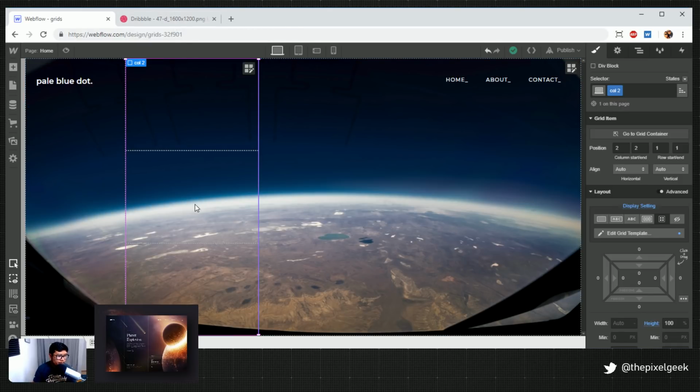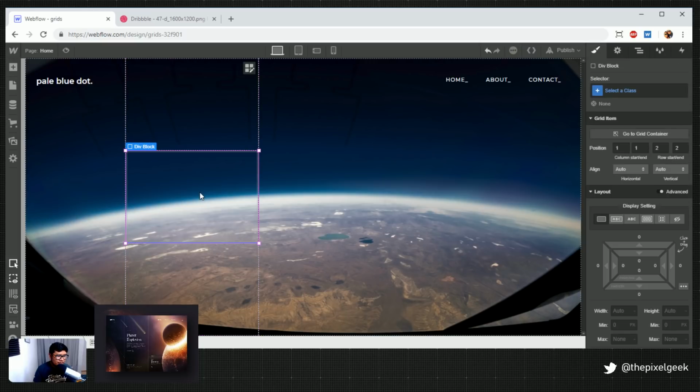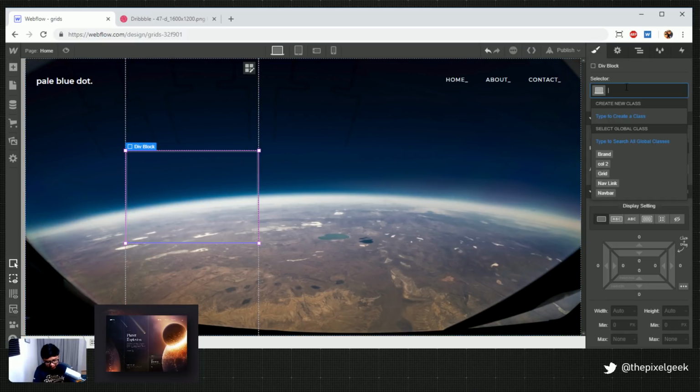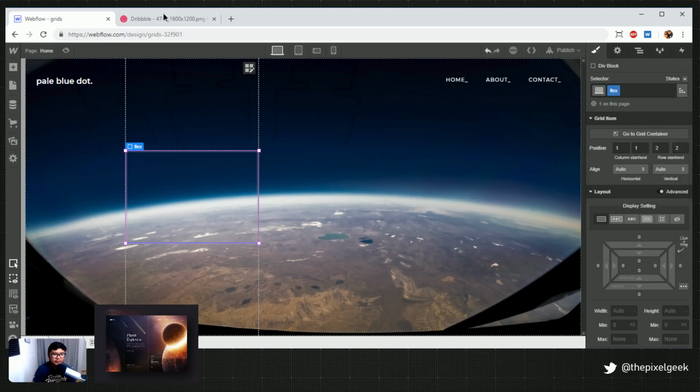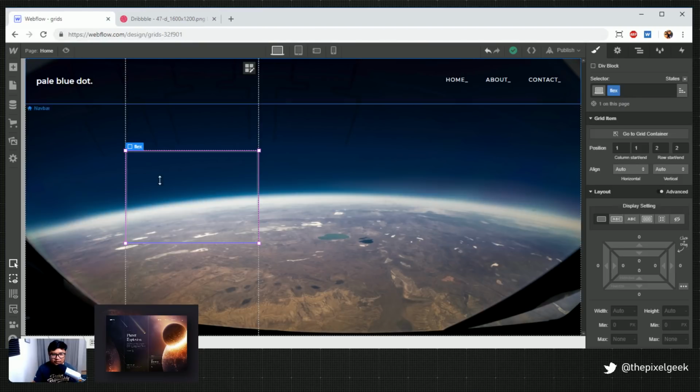So obviously I would need to put some sort of, right here, a div block, and I'm going to make this flex. Let me tell you why. When I'm looking at this, my mind goes, these are 1, 2, 3, 4. These 4 things are spaced out evenly. So I can use flexbox vertically to make that happen for me rather than having to deal with a grid. So I'm going to do that instead.